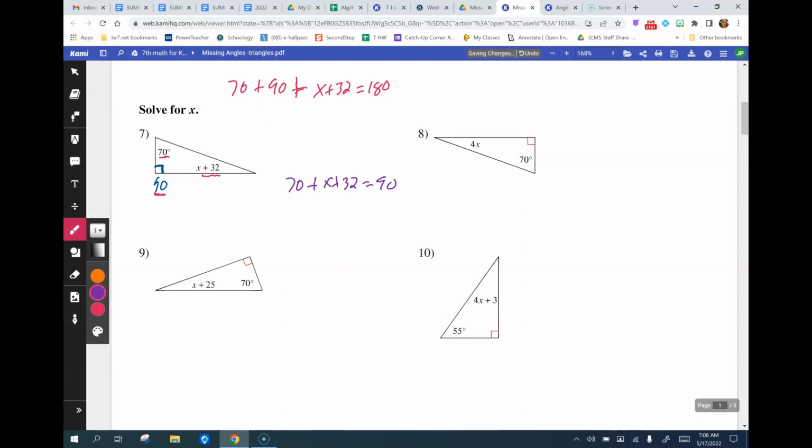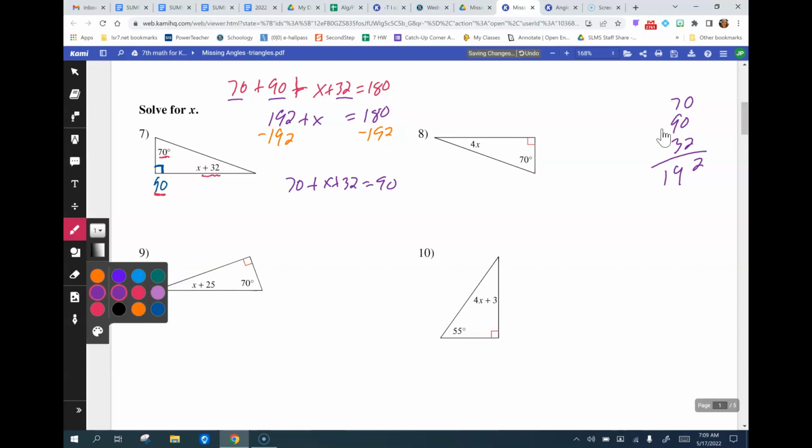I'm going to go back up here just so I can practice combining like terms. 70 plus 90 plus 32. So if you add all those, you get 192 plus x is equal to 180. Now at first I was going, wait a second, 3 angles have to add to 180, but all we're doing is finding x. It's almost kind of like they're tricking us. So what we do is we subtract 192 from both sides, and when I do that, I get x is equal to, hold on,